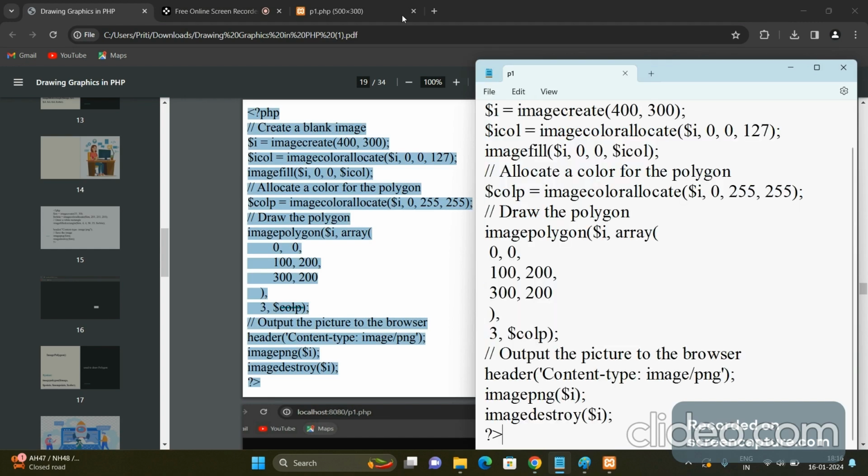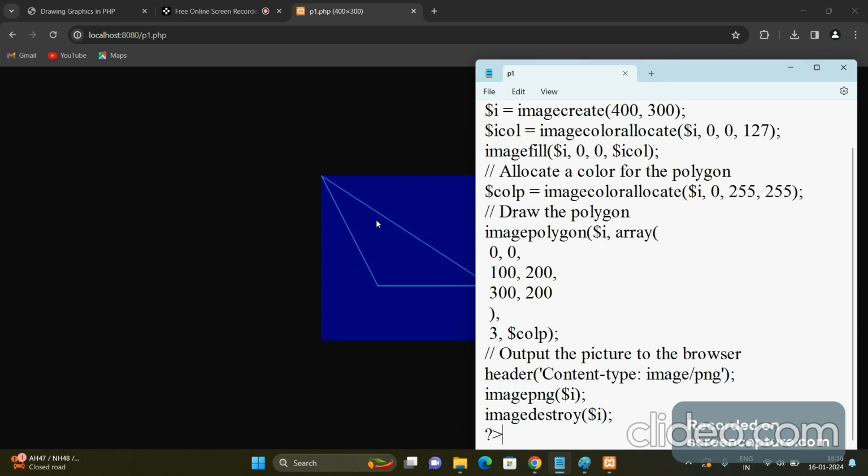Save the file and run our p1.php. Now see, the lines of our polygon have appeared in the color we created. The image is created with 400 width and 300 height, and the color of our image is 127 blue contribution only, and